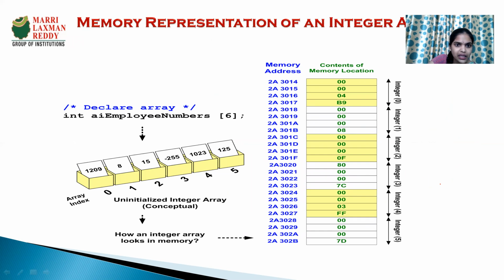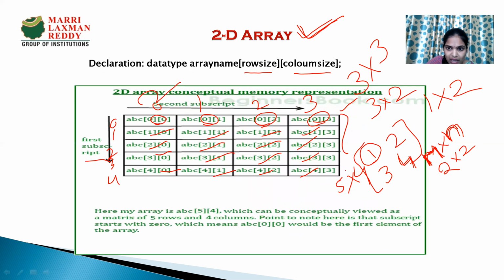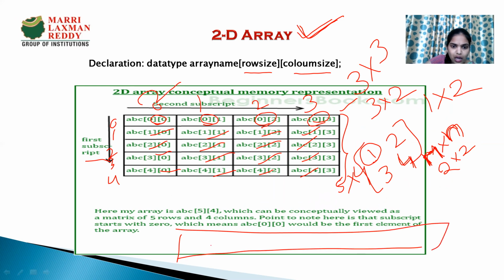And this is the memory representation of an integer array. How will it be declared? It is an integer type, this is a variable, and this is the size. It is a normal memory representation, what we have seen in the previous slide. Whereas coming to the memory addresses, in computer memory it will be stored in sequential order. For our understanding purpose, it is shown like this, but in memory it will be stored in sequential order, that is, after 00, 01, 02, 03, next to this 10, 11, 12, 13 will be stored.